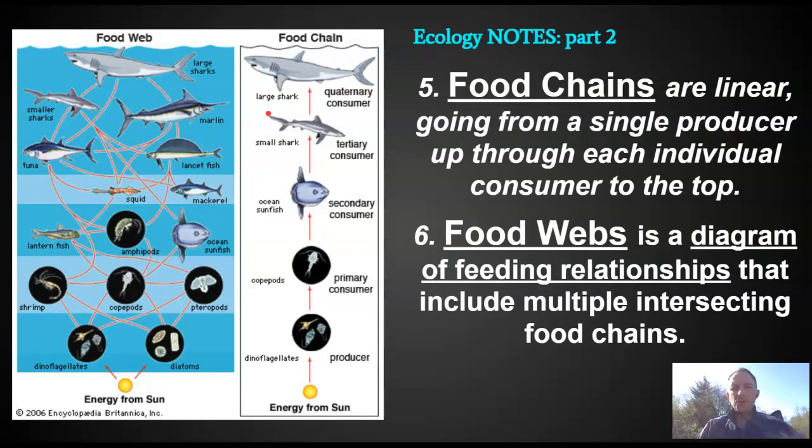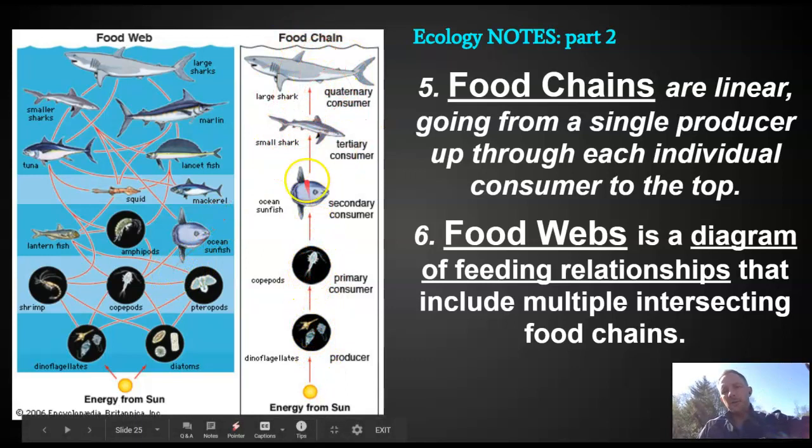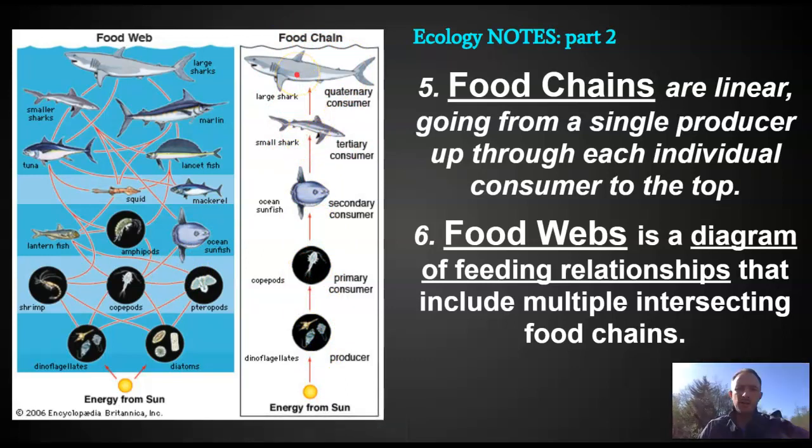Okay, so food chains are linear. They show just one after the other after the other. It's a really clean, linear succession of who eats who from a single producer on up through each different level of consumer. And it's a real clear way of understanding what is happening. But it's what's happening in that one instance. A food web shows all the different relationships within an ecosystem. And so they show all these different intersections, and you can really see that some things become very important.